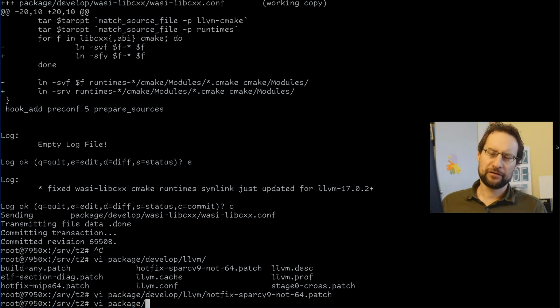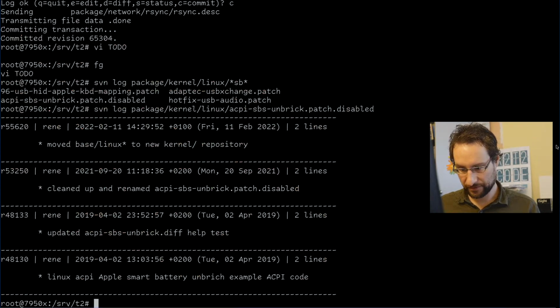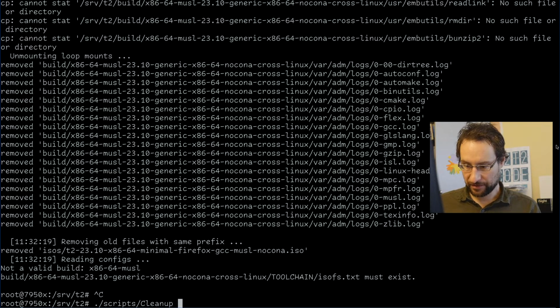6-core Phenom II X6. What did happen here? Where did I even build this? Did I even build the right thing? What happened here? Was that fine? Or maybe we better clean this. Anyway,